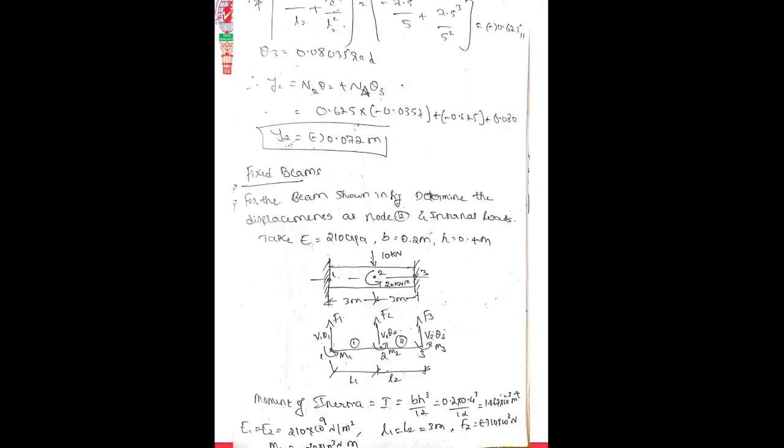So by this we completed the first problem on beams. The next problems will follow the same procedure, only the load condition will change. In the second problem, UDL is given, so the global force vector will change and the rest of the things are the same. Like that, we will take up different types of beams and different types of problems.